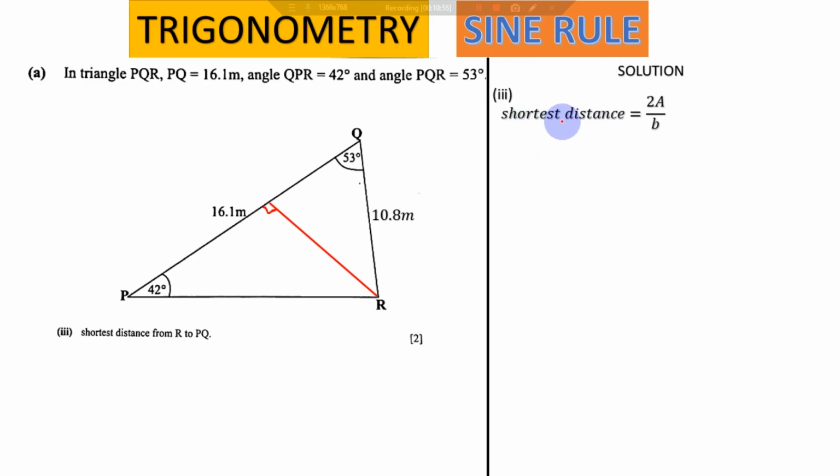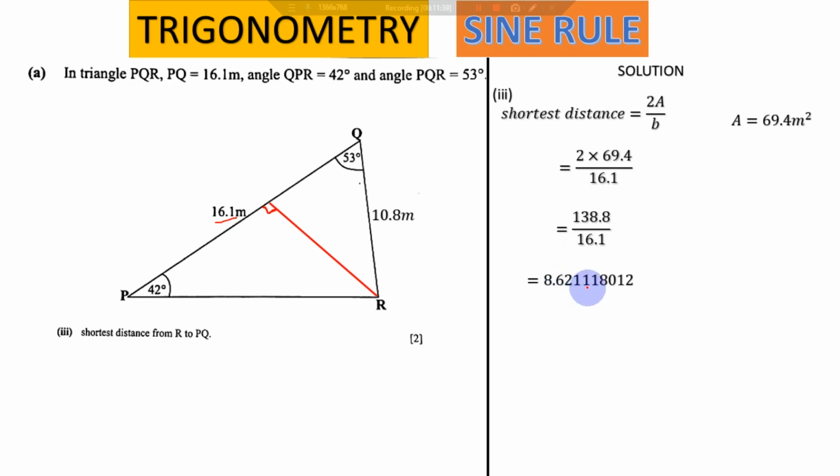With the use of this formula, shortest distance will be equal to 2 times the area divided by B, meaning the longest side of this triangle. The area we found was 69.4 meters squared. The longest side here is 16.1 meters. So let us substitute. We have 2 times the area, which is 69.4, divided by 16.1, which is the longest side. When you multiply on top there, what do you have? Good. We have 138.8. Now divided by 16.1, we have